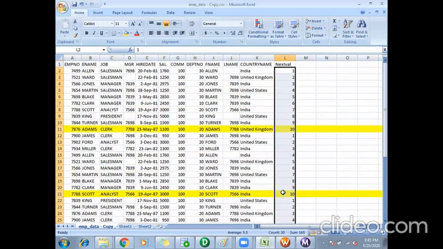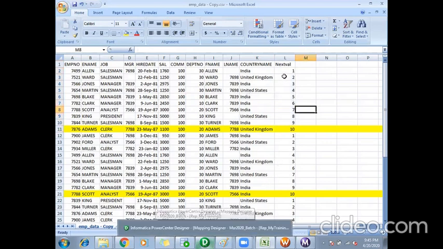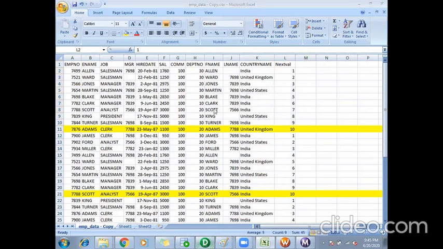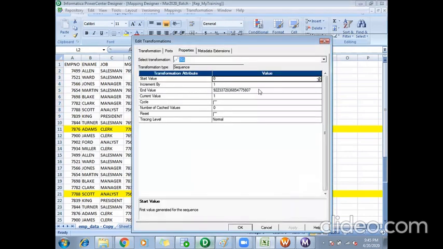If they say you need to generate 10 records in each target, you'll generate sequences like this. If they ask you to generate a target every 100 records, you'll generate the sequences from 1 to 100, then again 1 to 100, and so on. Depending on the count they say, you have to generate the sequence. You have to explain this logic, basically. That's why I'm telling you. So let's try to get this sequence. How can I get it? Very simple here. I'll say end value equals 10.